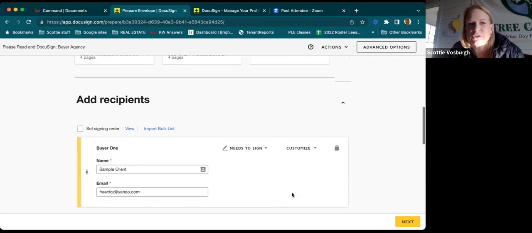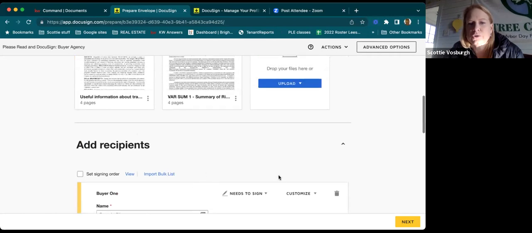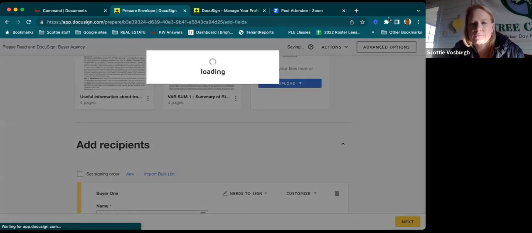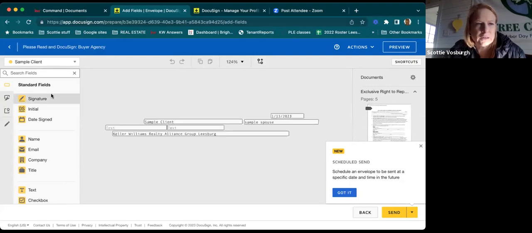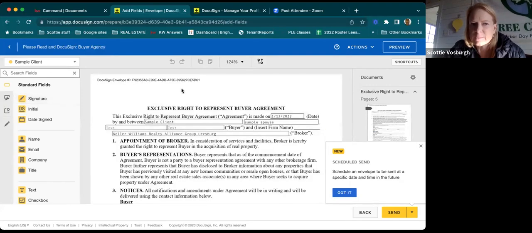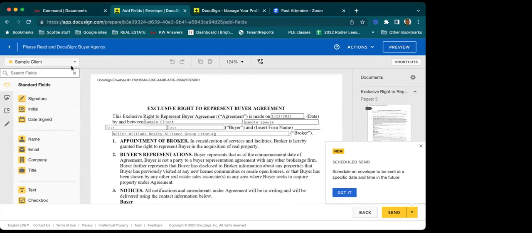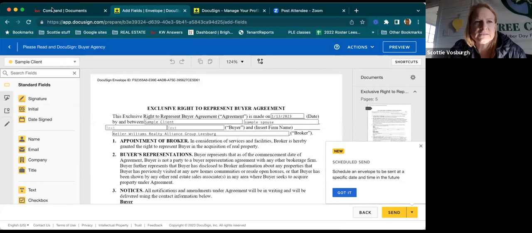Once you have filled out all your information, who's getting what, you're going to click next. And that is going to take you into your document. And up here on the left-hand side is